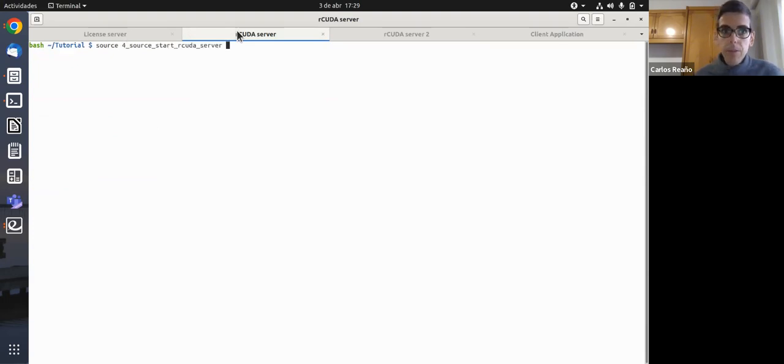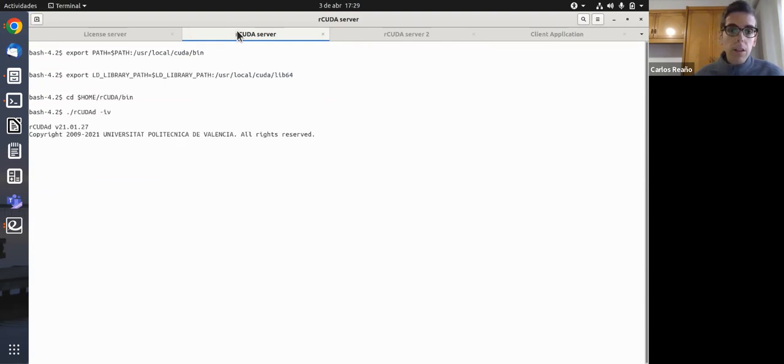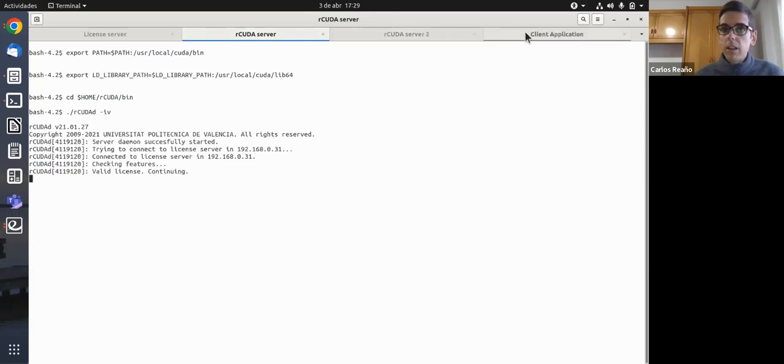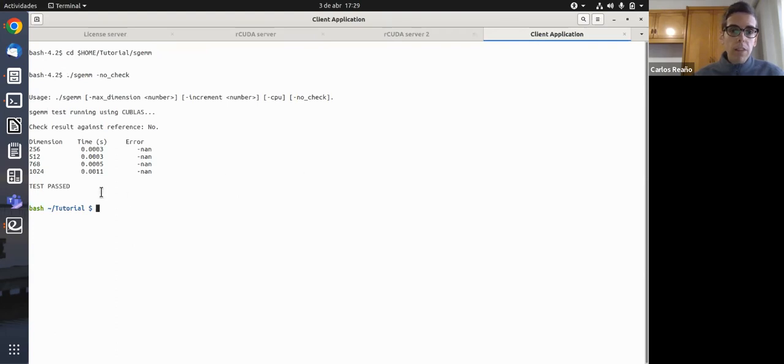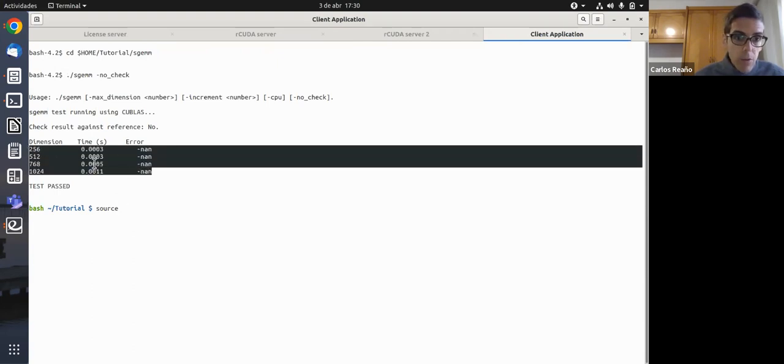Okay. Do the same thing that happened before. Okay, the server is started. And now, as mentioned, what I'm going to do is run the same test, but in this case with the CPU. So we have run the matrix multiplication with Arcuda. We have seen that the performance is very similar to CUDA, and we are going to run it with only CPU because in this node, we only have a CPU. We were using a virtual GPU, but if we don't have Arcuda, we will only be able to use a CPU. So we keep in mind these numbers because they are going to be removed from the screen now.